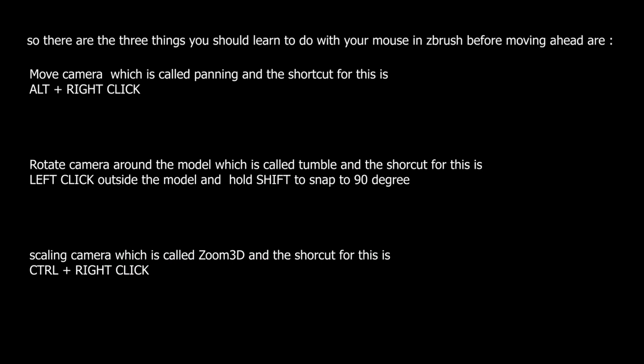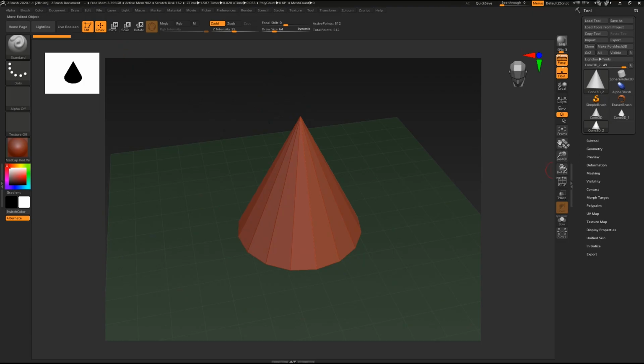So there are three things you should learn how to do with your mouse in ZBrush before moving ahead. The first one is move camera, which is called panning, and the shortcut for this is Alt plus right click. The second one is rotate camera around the model, which is called tumble, and the shortcut for this is left click outside the model and hold Shift to snap to 90-degree angles. And the third one is scaling the camera, which is called zoom 3D, and the shortcut for this is Ctrl plus right click and drag up and down. So these are the camera controls,